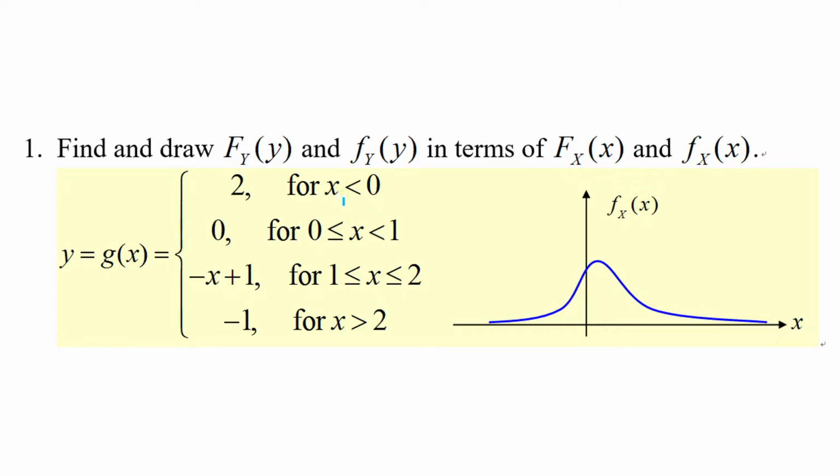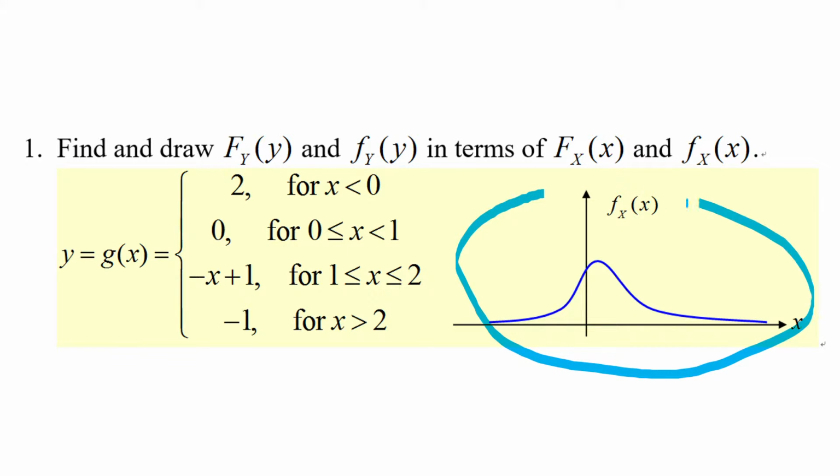When x is less than 0, g(x) equals 2, and when x is in the range between 0 and 1, g(x) equals 0, and when x is in the range between 1 and 2, g(x) equals negative x plus 1, and when x is greater than 2, g(x) equals negative 1. There's also a diagram shown here, which is like this. Actually, it makes no use for us to solve this problem here, but we can draw the